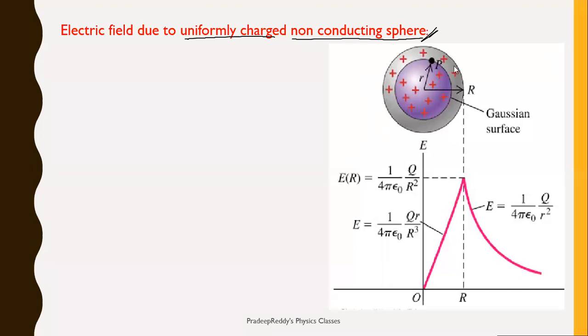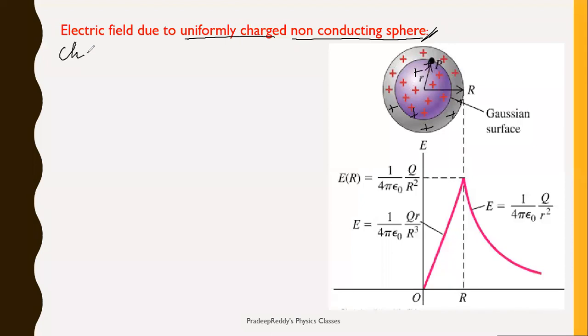We are now dealing with a non-conducting sphere. In the previous lecture itself, I told you that whenever we are dealing with a non-conducting sphere, charge will be residing throughout that particular material because it is non-conducting. Charge cannot flow. There will be no free electrons in non-conducting material. That is the reason why electrons cannot flow in a non-conducting material or dielectrics. Therefore, the total charge present in this material will be uniformly distributed throughout the volume.